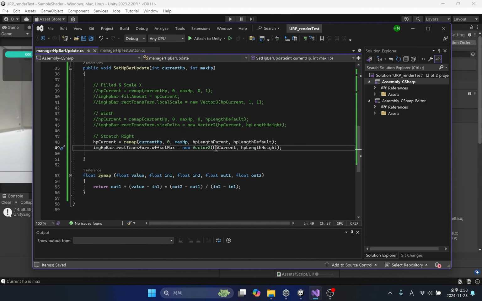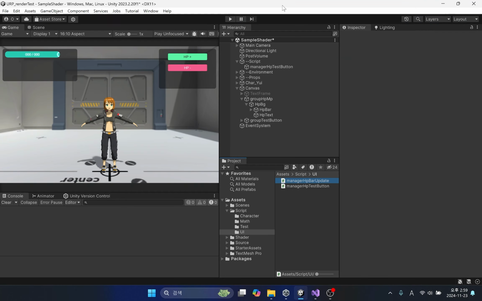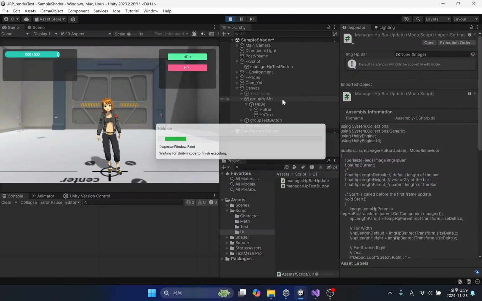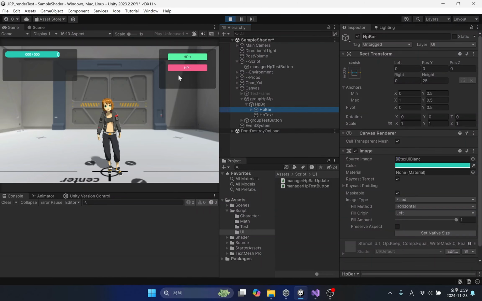Let's modify it by applying a negative number to the variable applied to x of vector 2. We can see the HP bar decreasing and increasing correctly.